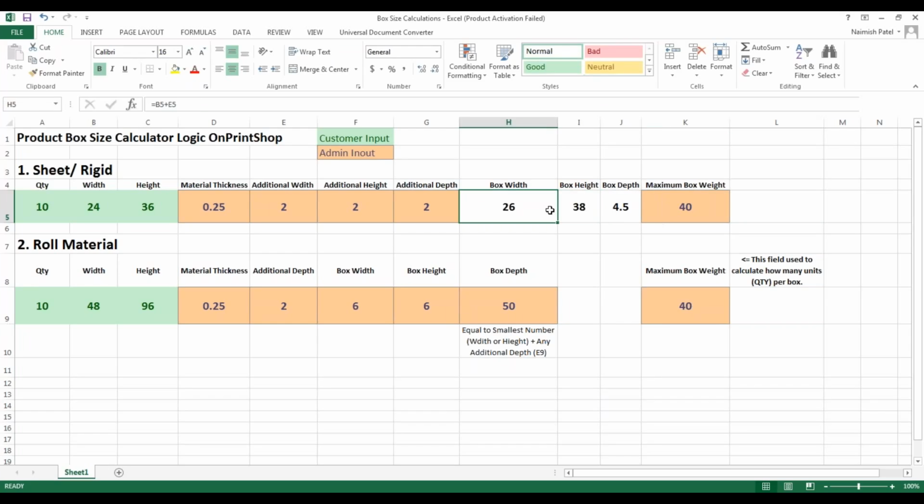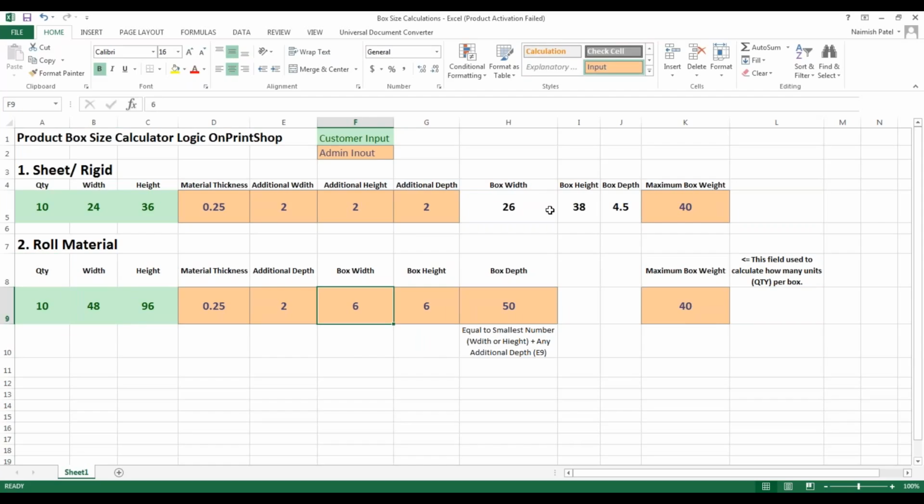So this will be passed to a UPS API, and the UPS API would pass back what would be the best option for the customer, whether the standard shipping or the freight shipping. And when customers are ordering multiple quantities, and if the total weight is increasing, it will automatically calculate a second box. Similarly, we have created a different logic for the roll material item, where they have configured the box